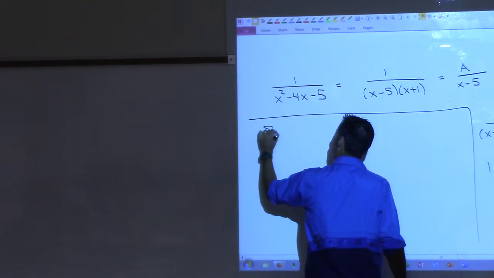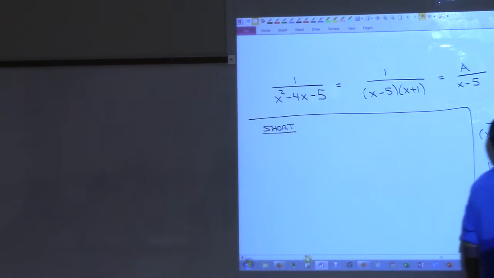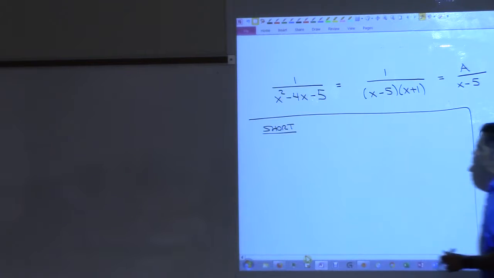So the short way is you just look at these and you say, hey, if I want to know what a is, what I'm going to try and do is kill this off. So right here, I'm going to kind of play